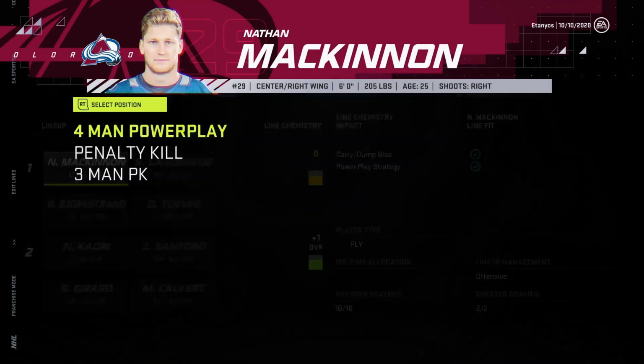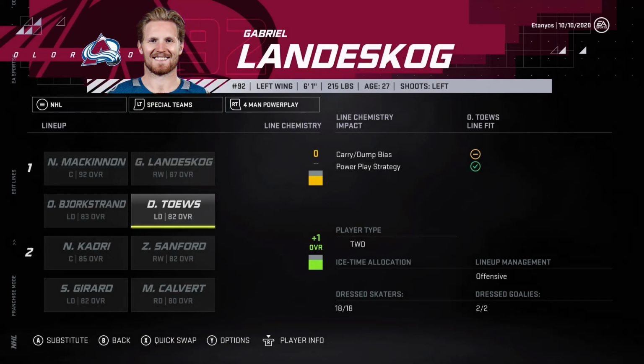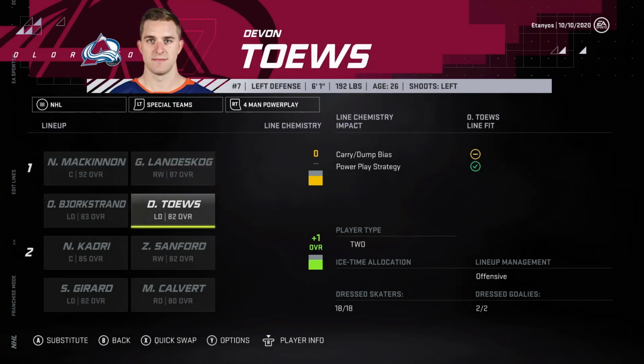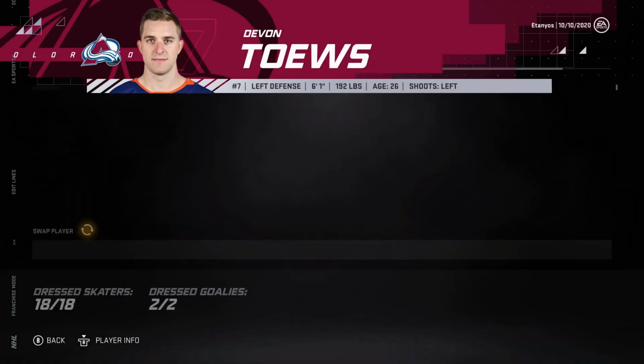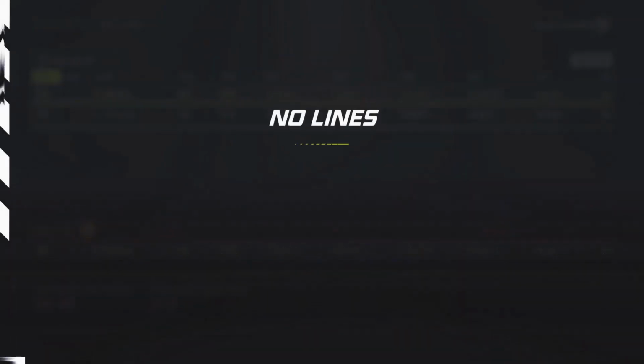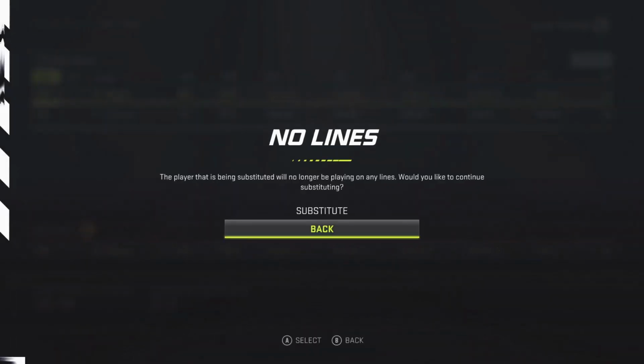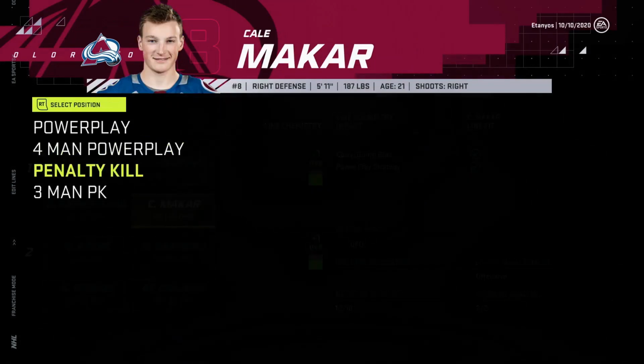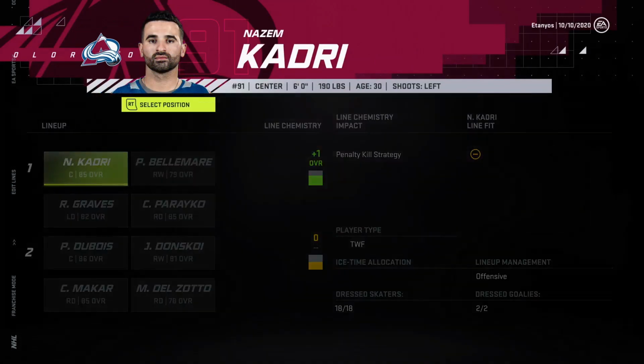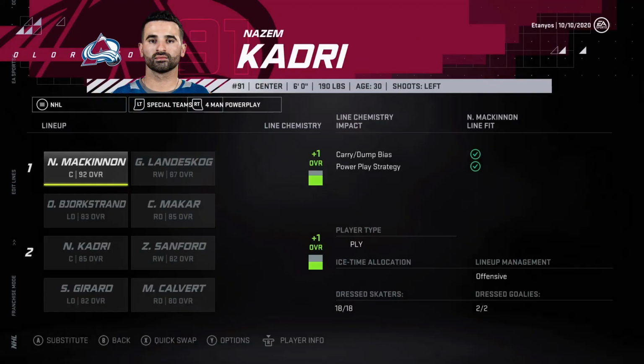So that is the special teams. It's nothing. Oh wow, that went down. That's a strange one. Okay, it was because Taves got subbed in for Makar. Cool. Don't know why that happened, but yeah, just a bit of a strange one here with the special teams,